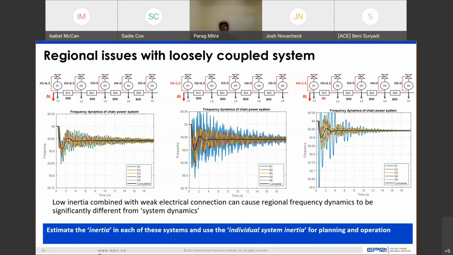So then it starts to make sense to try to essentially find out methods that you can use to look at the inertia of a particular region and consider that separately from the inertia of the entire system. So how do we do that? How do we essentially look at the inertia of a particular region in your system rather than trying to find out the inertia of the entire system? So to do that, we have to look at the second class of methods. And if we move to the next slide,